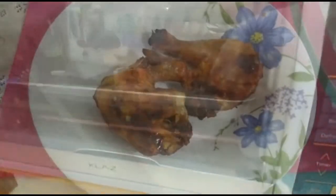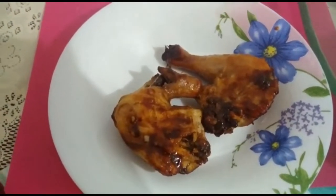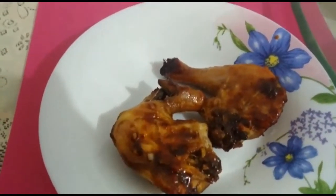Let it sit for about 30 minutes. So after 30 minutes, the chicken is done. There you have it,